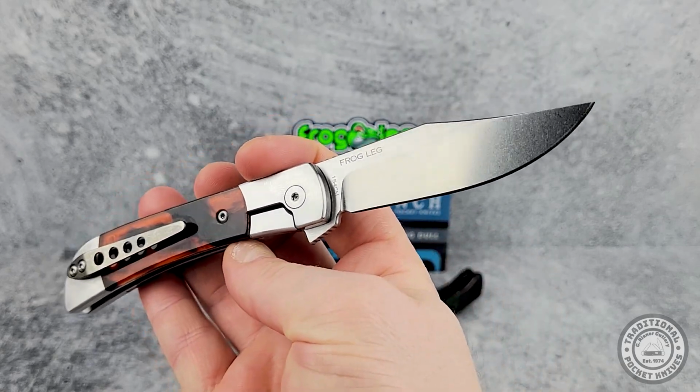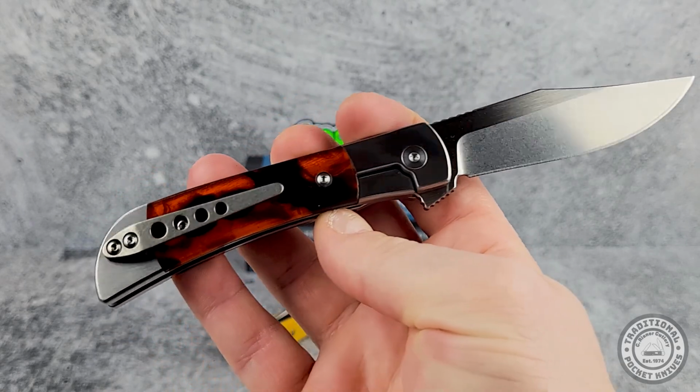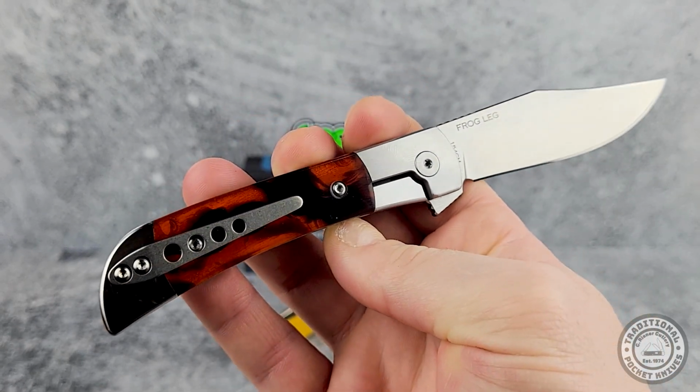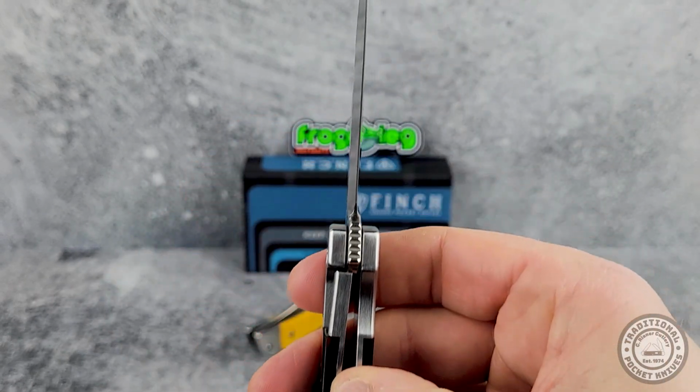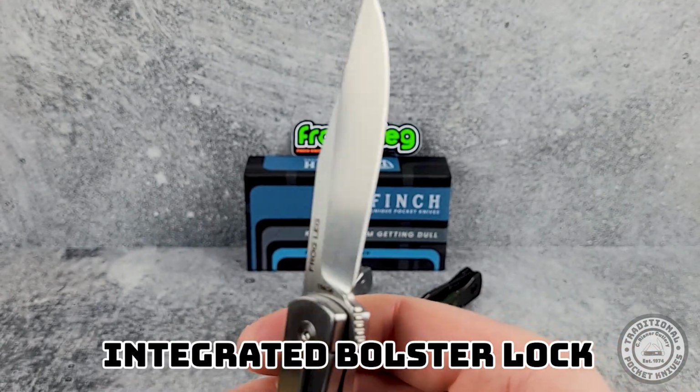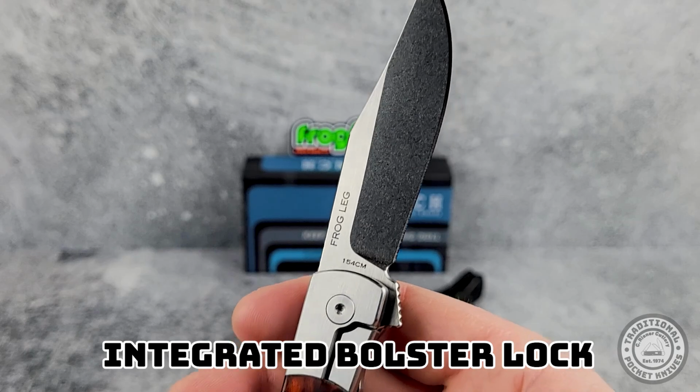as usual. I like the tortoise resin handle. I'm a fan of most resin handles, and this one is no different. It's nice and smooth and well fitted to the liner, with no gaps or overlap between the bolster. There's an integrated bolster lock that works every time, and QSP makes these so you know it's a well put